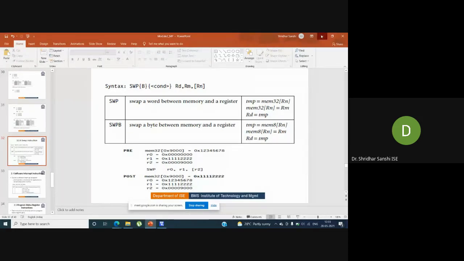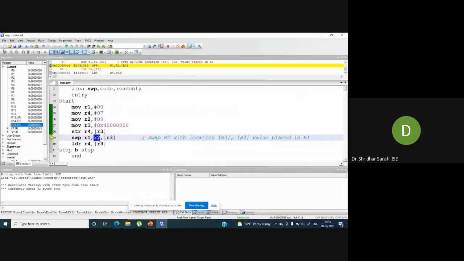Similarly here, the content of R2 will be moved to the memory, and the content of memory will be moved to register R1. In this particular memory, I have moved the value of R4, which is 07. So if I execute this instruction, the content of R1 should be 07.